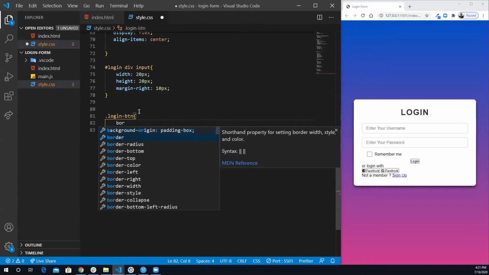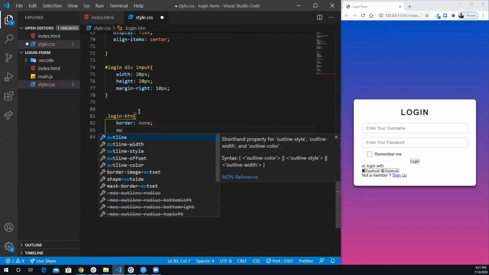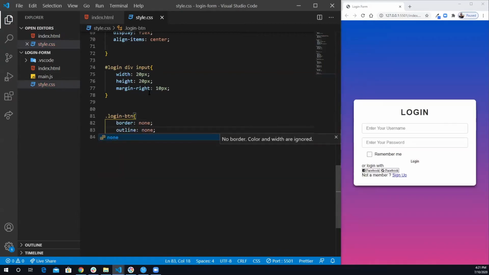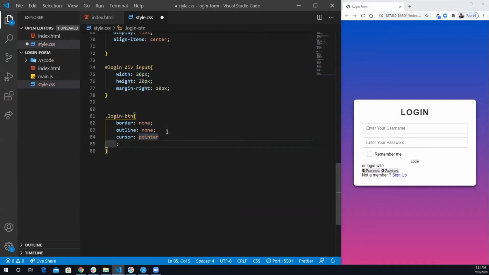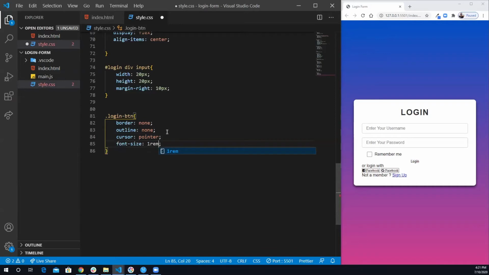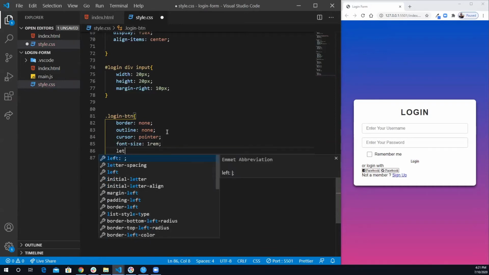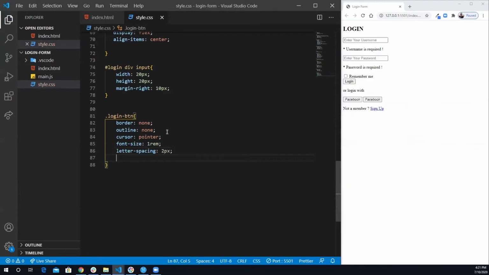I want to do the border none. Also the outline none. And by default, if you hover over it, as you can see, it's not going to give you a pointer cursor. So you can set the cursor to a pointer. I want to change the font size to 1 rem. And the letter spacing, I want to do 2 pixels. If I save this,